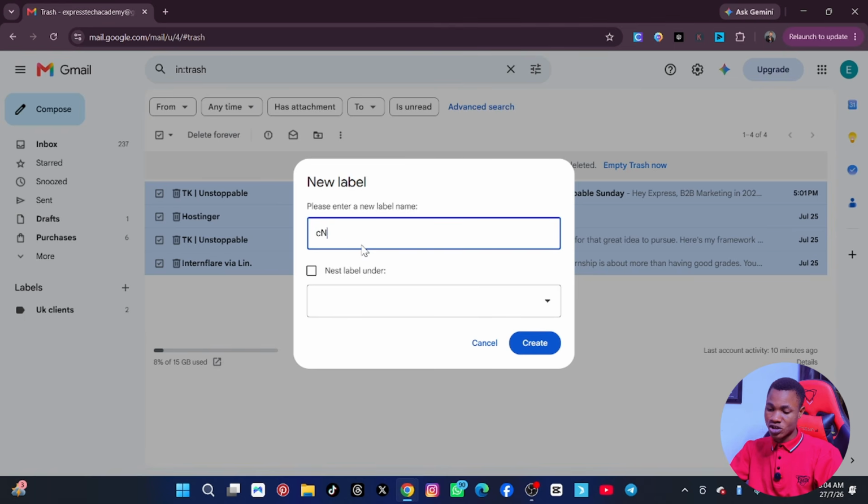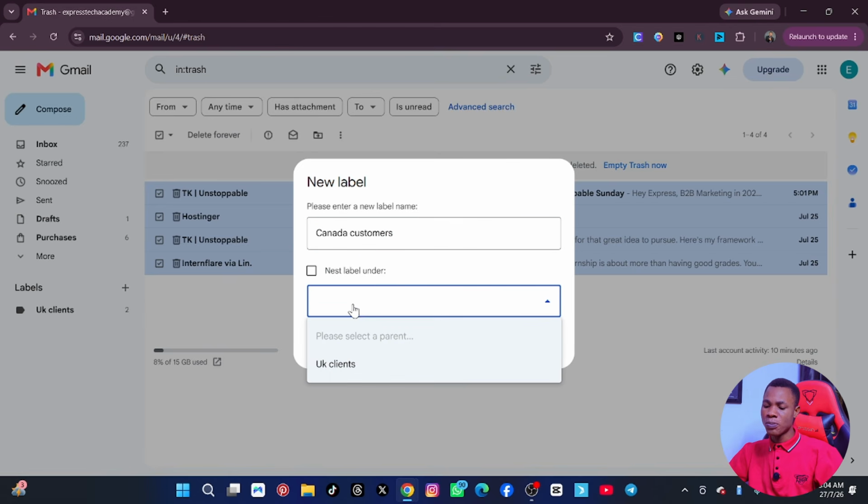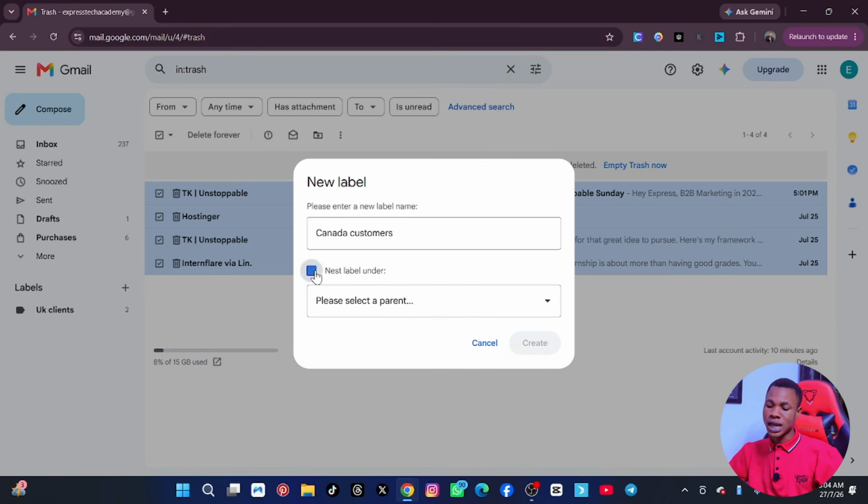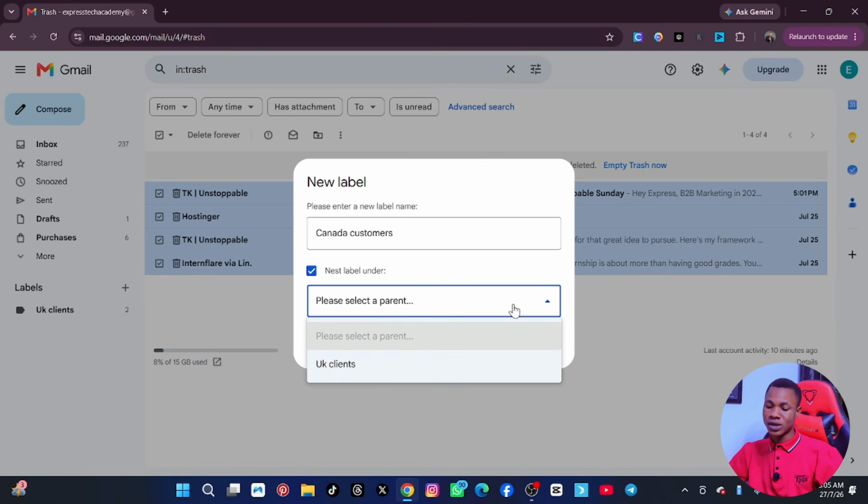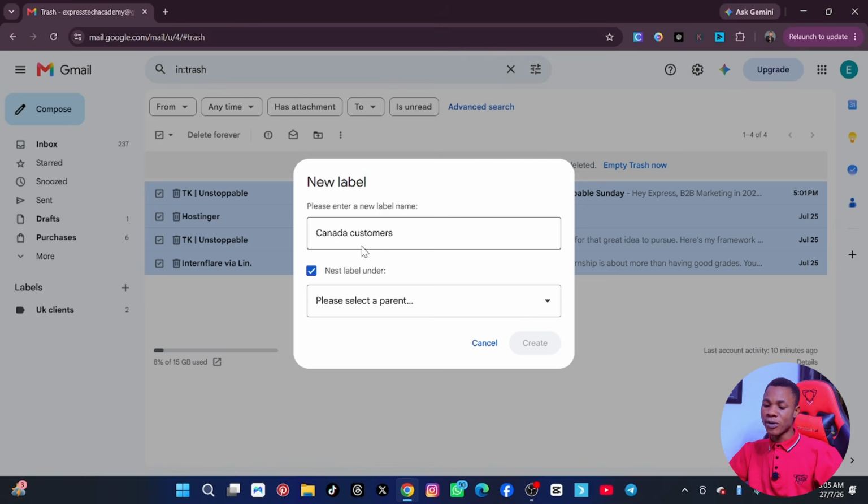You can name it anything, just ensure that it's in line with what you guys are doing. Canada customers, for example, you can do Canada customer, and then don't label it under anything. It's a new label entirely, so you are not labeling it under anything. But you can create a label under a label. That's what it's showing, but we are creating a new label. So don't tick this, please. Then name it Canada customer,